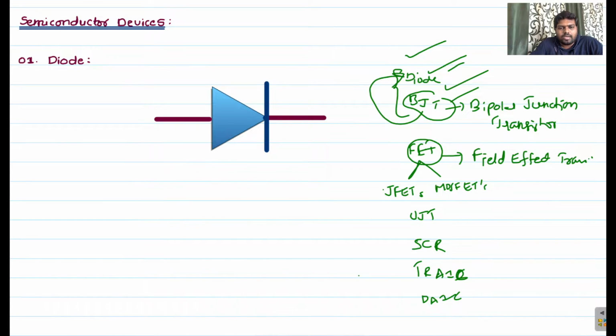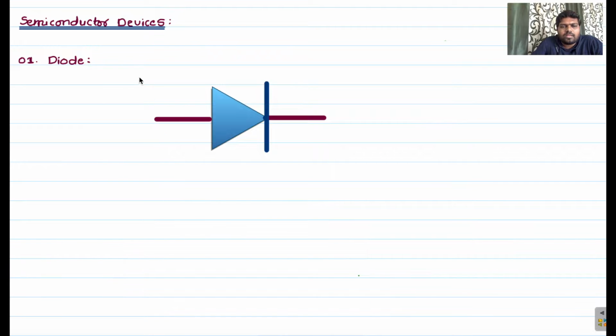Here is the diode symbol, and this is the input A, which is called the anode terminal. You already came across diodes and BJTs in your intermediate and 10th class, right? This terminal we can treat as the anode, indicated with A, and this terminal as the cathode, indicated with C. Here you can observe the voltage drop, which we can consider as VAC.